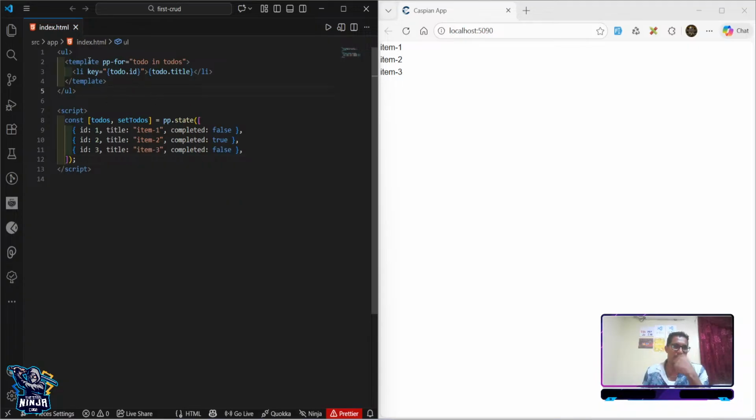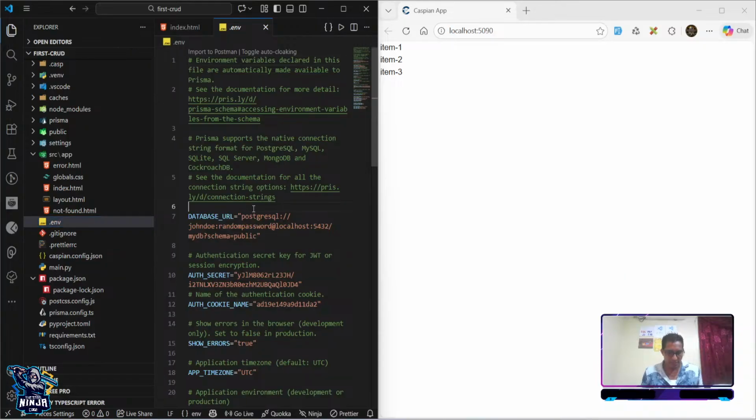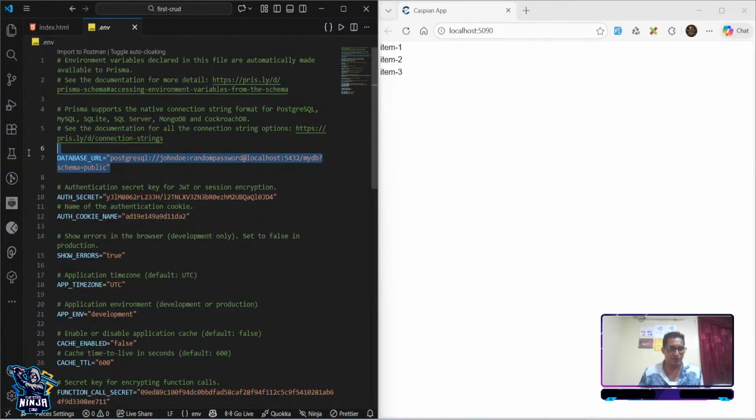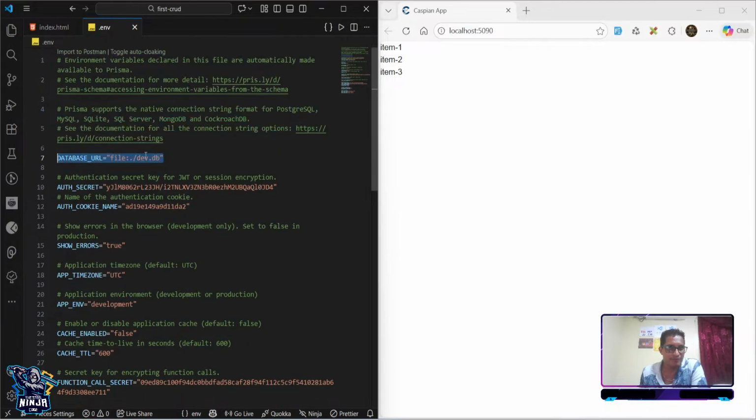So now what I'm going to do, let's say, is start preparing the backend to use SQLite. So I want to say I'm going to use SQLite, and let's see what it comes up with. Okay, that's good, but I don't want